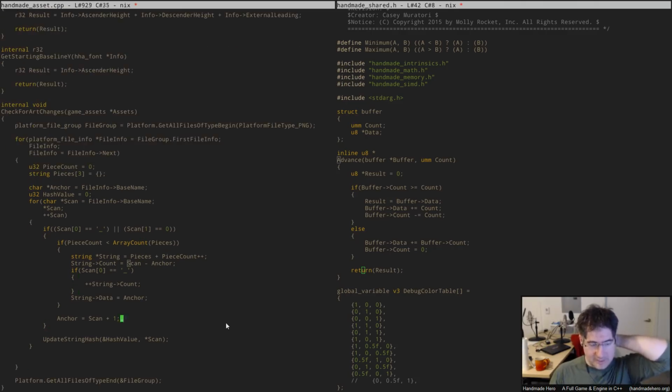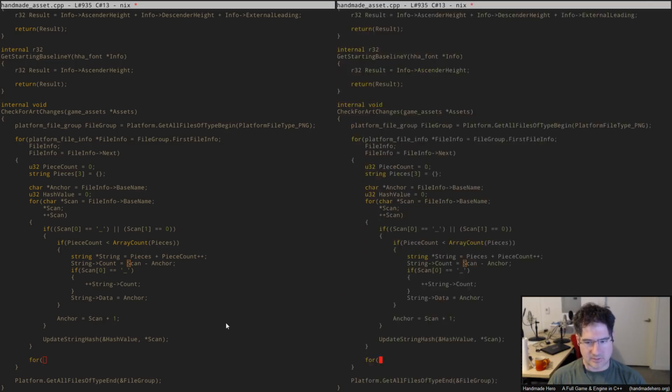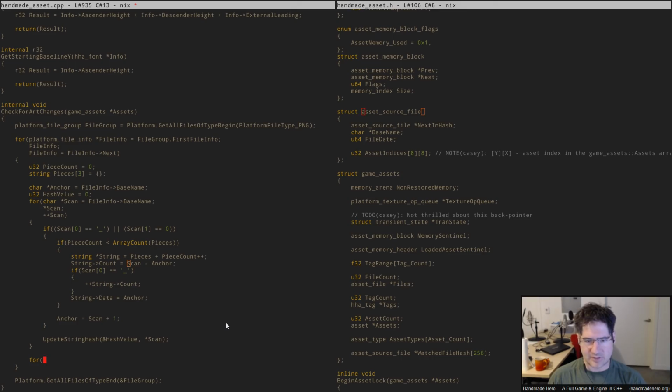So off I go, that's all fine. That'll break it up into pieces. And then I also have the hash value at the end. So now I've got just the chunks and the hash, and I'm ready to go. So assuming that I see this hash value here, and I'm ready to reload this, what I then need to do is find out if I've already got one of these or not. So what I can do there is say, remember we made this asset source file thing here. So for each source file that might match the hash,